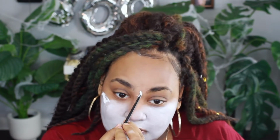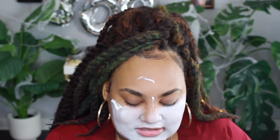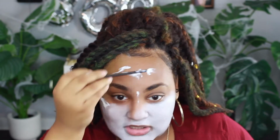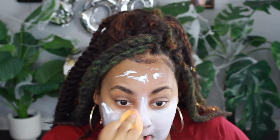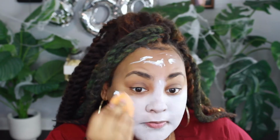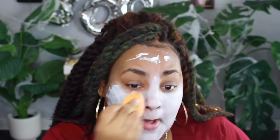It doesn't have to be perfect, especially for this look, because if you zoom in, his has some streaks, which is a good thing, because like I said, it makes it seem like he did this on his own. He was brushing it on, and he wasn't worried about the perfection of it, because he just wanted to look like this. I'm terrible at explaining things, so I hope what I'm saying is making sense to you guys, but